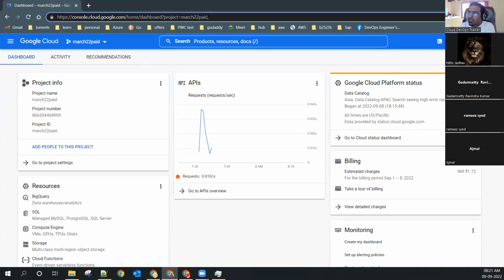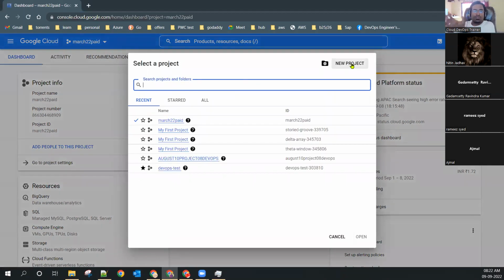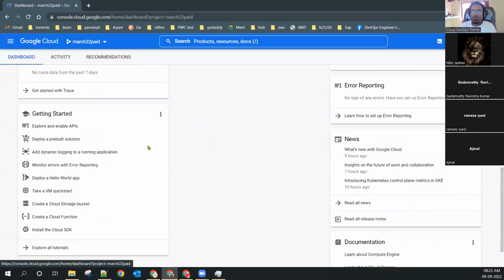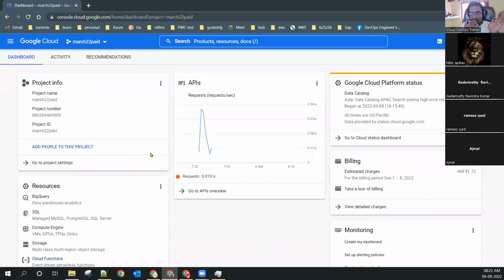And this is the name of my project. If we are accessing anything, we must have a project. When we create an account, the project will come automatically. We don't have to worry about how to create it. One project will come automatically. If we want to create a new project, there is the option, create a new project, and the new project will get created. Very easy. Okay. I will come to that part. No worries. This is the home page for Google Cloud. What is a home page?